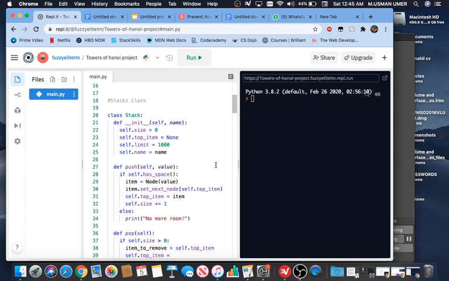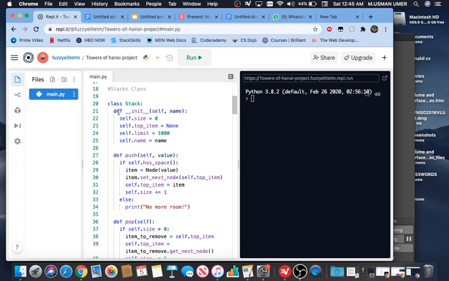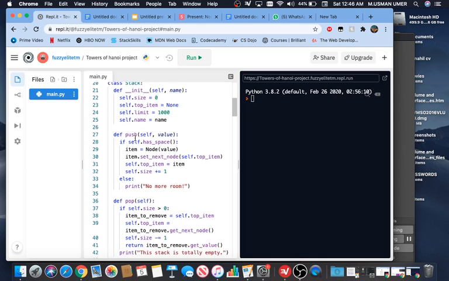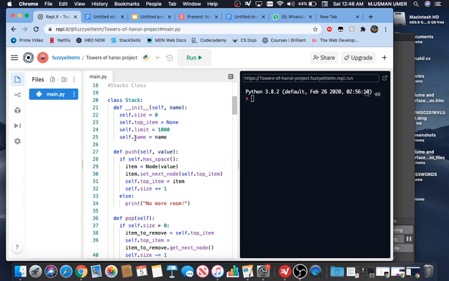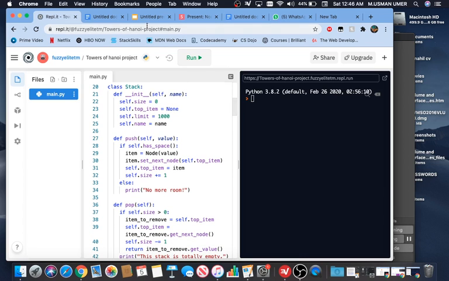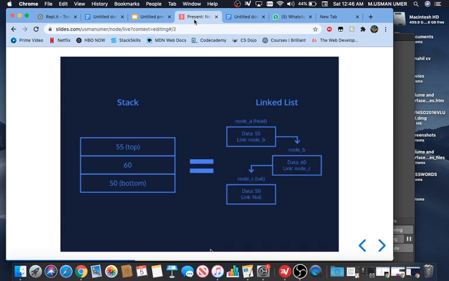Obviously stacks are being implemented having linked lists as the underlying data structure. But once I clear you out on the stack Python implementation, you're going to be clear on the linked list Python implementation anyway. So I'm just getting it out so anybody who's confused while I'm explaining this would know